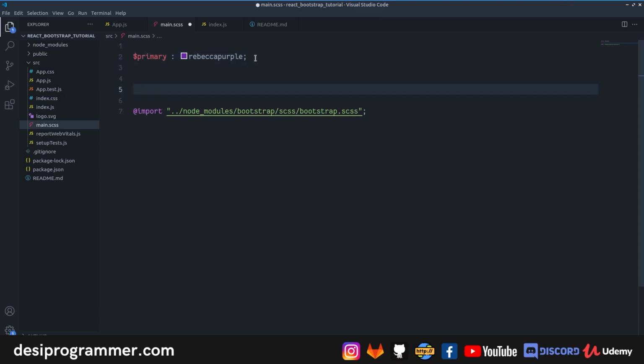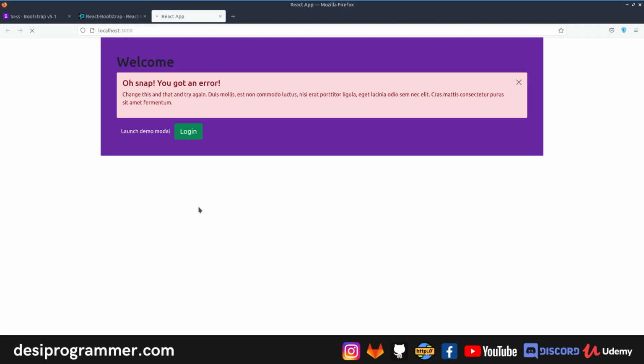So for example, I am saying that my dollar secondary, sorry, what I want to do here is that I want to make sure that my body-bg, I think this is the thing, is #1c1c1c. Save this. I really hope that this is the correct one. Let's reload it.